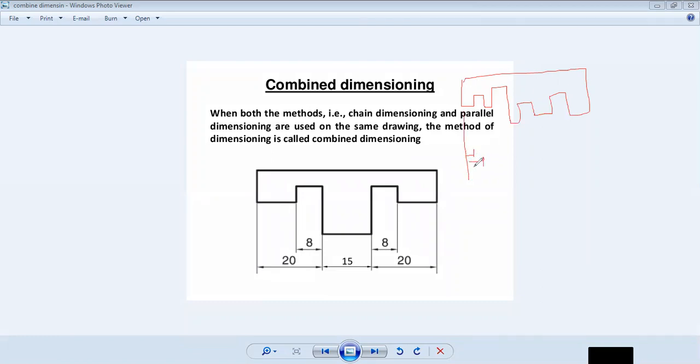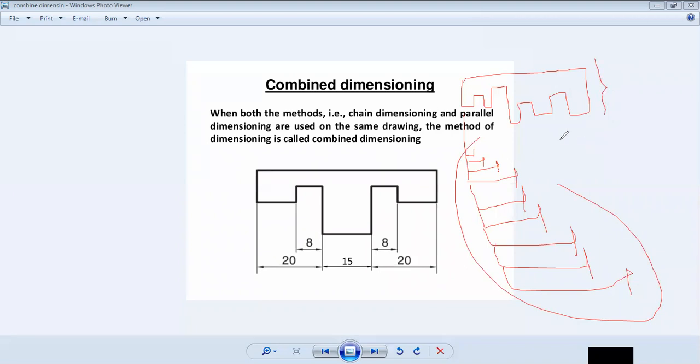1, 2, 3, 4, 5, 6, 7. Are you getting what I am trying to explain? Your dimension will go beyond. See, your object is this much and your dimensioning will be this much. That's why at times combined dimensioning is also used. Smaller dimensions are written inward, inside like this, and then bigger dimensions are written using this continuous or chain, so their arrowheads meet each other. Clear?